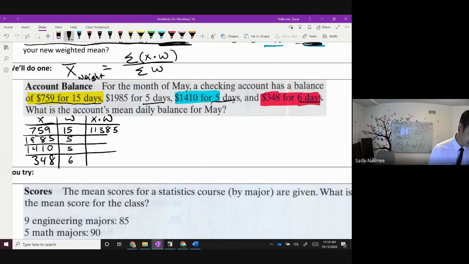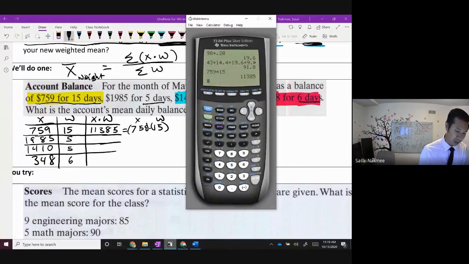11,385. And again, if you didn't see where this is coming from, it's 759 times 15. That's all I'm doing. It comes from my x value times my weight. Okay, I'm going to do that for all 4 of these. So the next one up is going to be